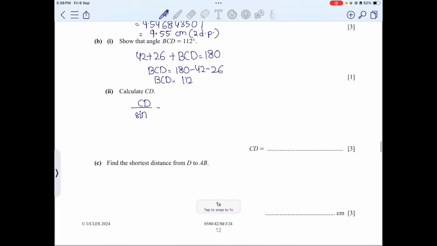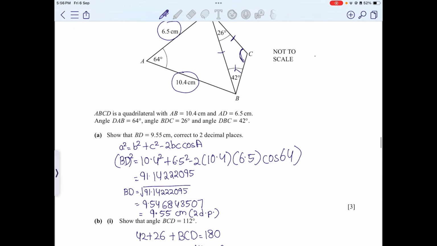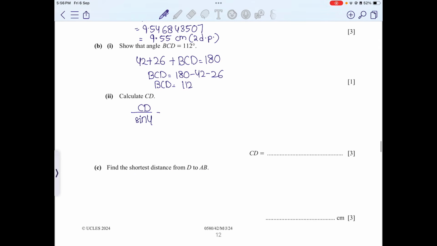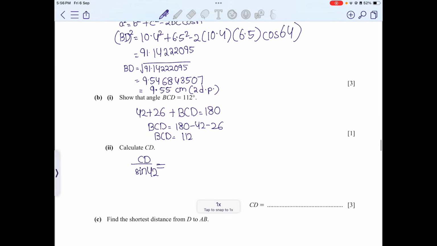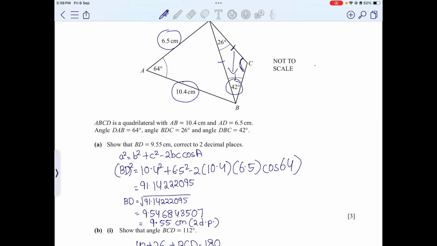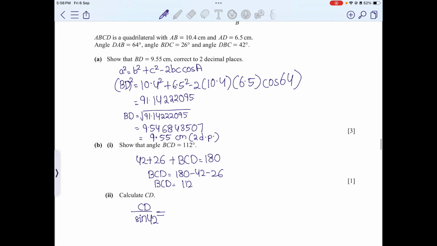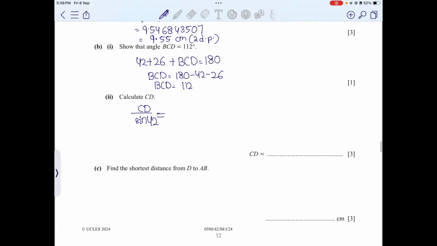Now what is the angle there? The angle is basically this one, which is 42, opposite to this. So angle is 42, sine 42 is equivalent to, basically I would say, another sine. Now what is the length of BD? I would need to take the exact value, that is